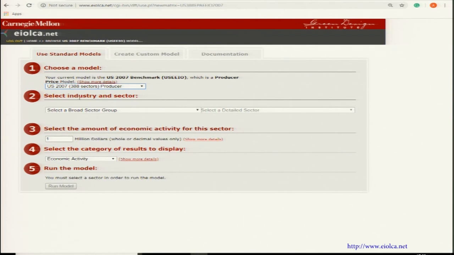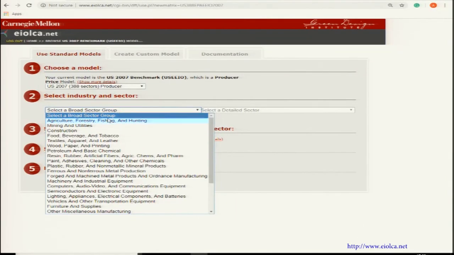When I select this, it will ask to select an industry and a sector. Which sector would you like to work on? I am trying to replicate the presentation which is given in the tutorial on this website only. They have taken the production of cars, for which one car production would take $20,000, and for producing 100 cars it would take $2 million. So, the input is $2 million and we need to produce automobiles. They have taken the 2002 model, but I am picking the 2007 model. So, our results would be a bit different from theirs.